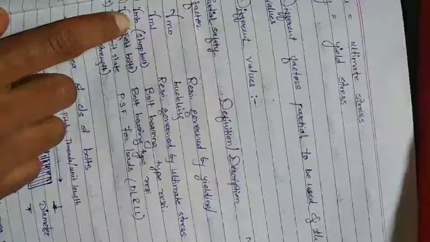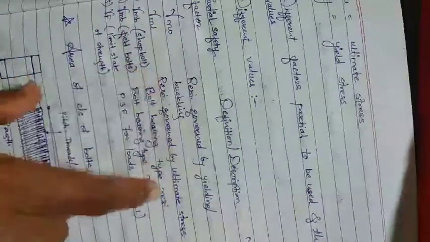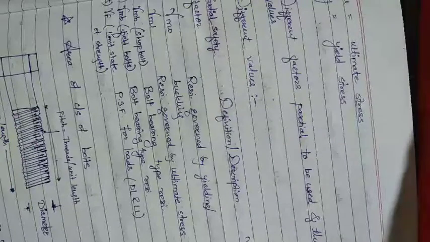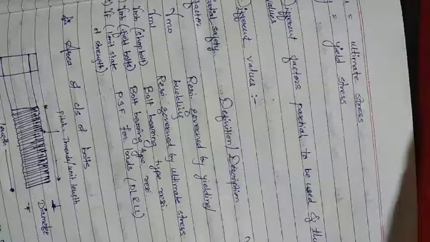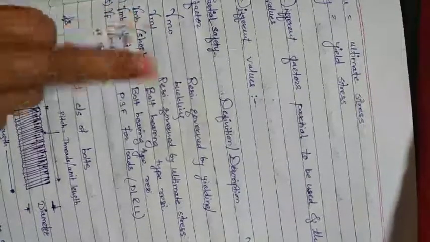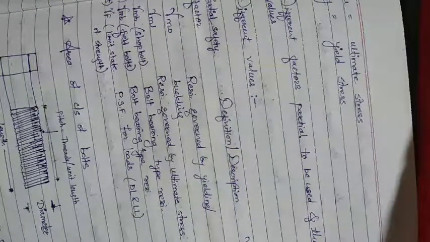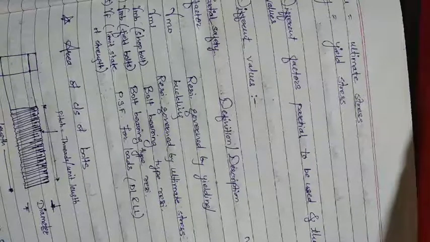difference. Gamma Mb is nothing but the bolt bearing type resistance. If you are going to use bolts for the connection and those bolts are bearing type, then you can use these partial safety factors. Again, it depends on where you are going to connect the bolts, that means on which location. Whether you are going to connect the bolts in the shop or workshop, or whether you are going to connect the bolts in the actual field.